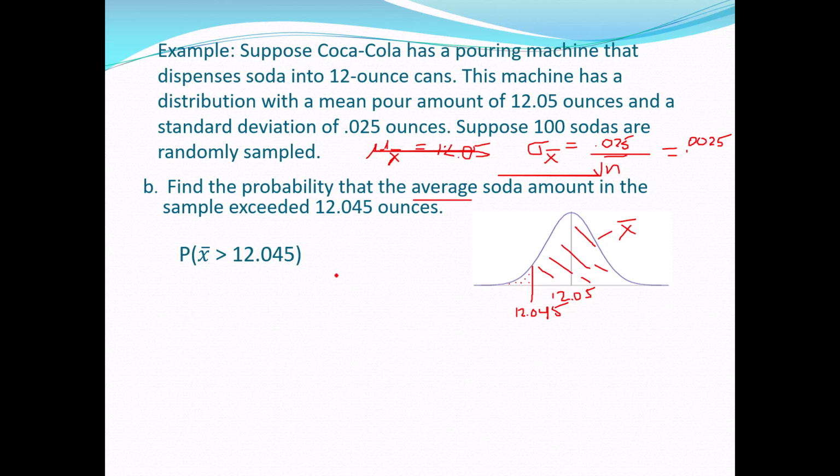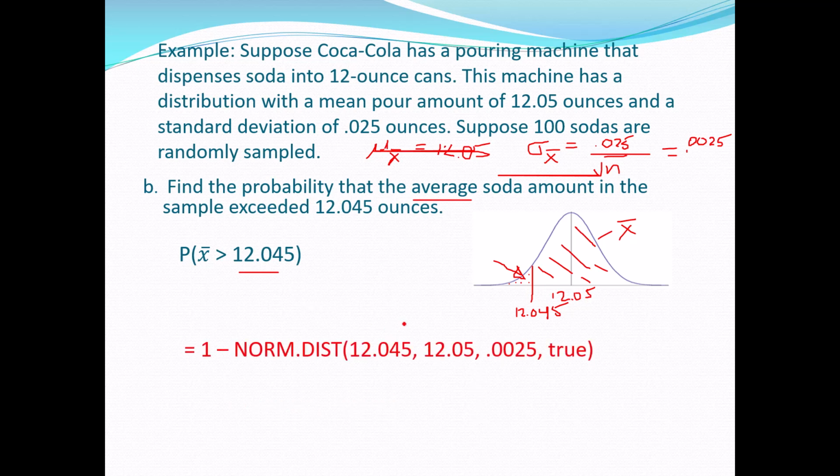One option, as we saw with normals, is we can change this to a z-score. Figure out what the z-score is for 12.045. So I take 12.045, I subtract off the mean of 12.05, and then I divide by the standard deviation over the square root of n, the 0.0025 number, and I'd get a z-score of -2. I could look up the z-score of -2 in the z-table, and it would give me this lower probability here, and then I would subtract that lower probability from 1. And we saw how to do that when we were working with the normals in an earlier section, but we also found that Excel offers